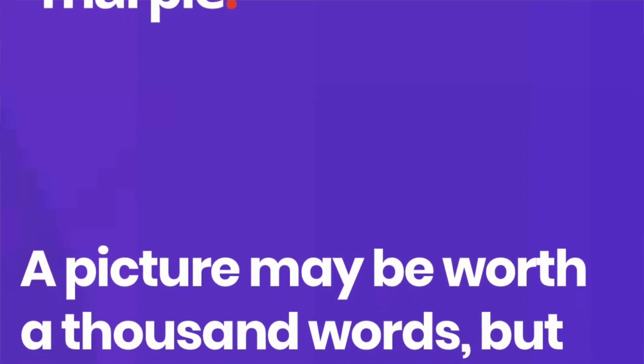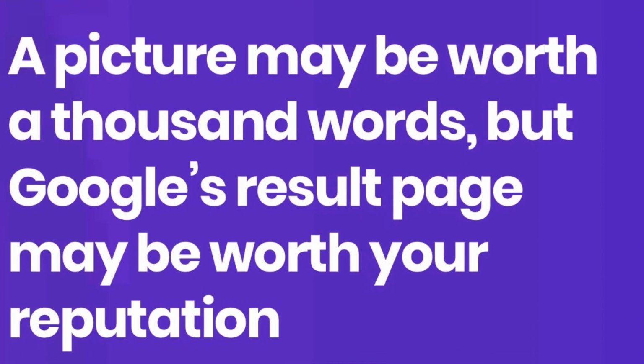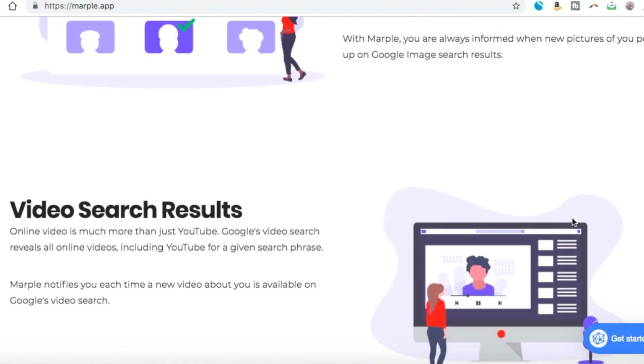Your online reputation. Think to yourself, what is the message that I'd like to be sending prospective employers or clients when they search for me online? With Marple, we'll let you know exactly what shows up when people search for you online. Every time a new result is found about you on Google, we'll send you a notification and even allow you to mark it positive, negative, or submit it for removal. And we don't just stop at regular Google search results. We look at those, but we also look at image and video search results too,